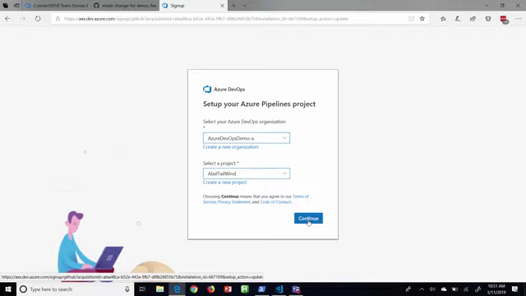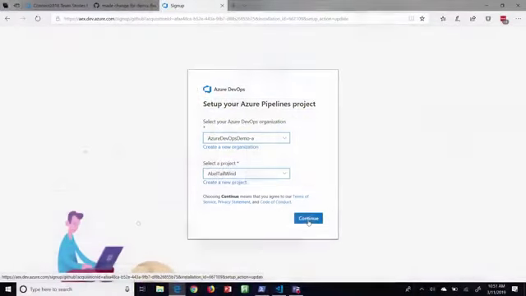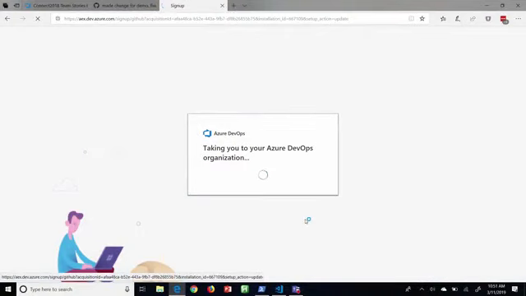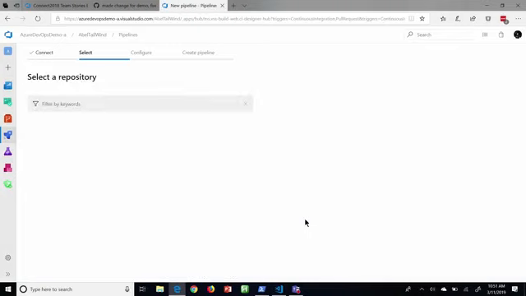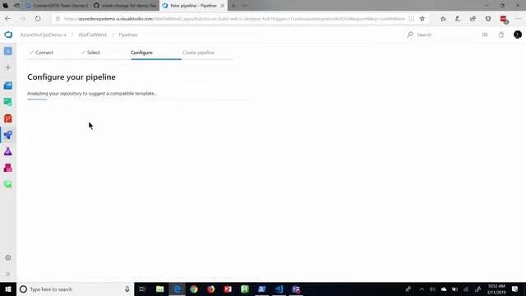Yes, absolutely. Nice. So even for your open source projects, you can have really complex, powerful CI/CD pipelines as well. Right. So you select your subscription, you select your project, and we'll click on Continue. And now it takes me into my Azure DevOps subscription, and we'll be able to see all the repositories. And from here, we can say, you know what, for this, let's create my